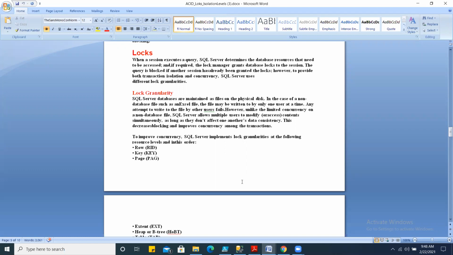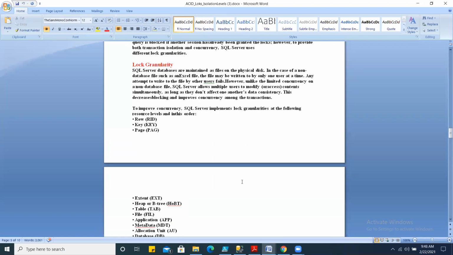So whenever you establish a connection, a shared lock is occupied against the database. That is for the security or safety of the database, so no one can drop the database accidentally if any user is using it.